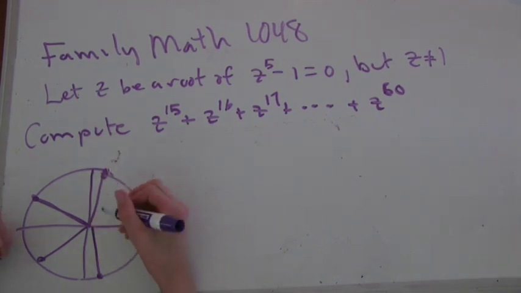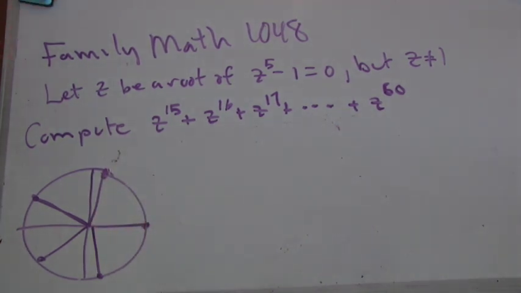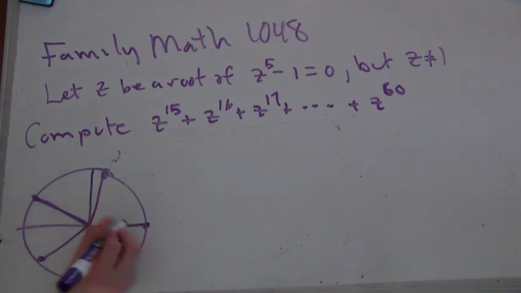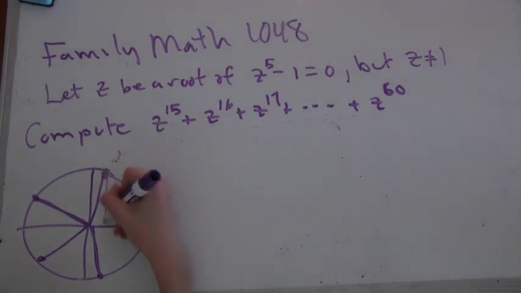We have some, if we look at the sum here, we can see that it's definitely not going to have an imaginary part to it because the roots are reflected with each other across the real axis. Okay. And that means we just need to look at the distances